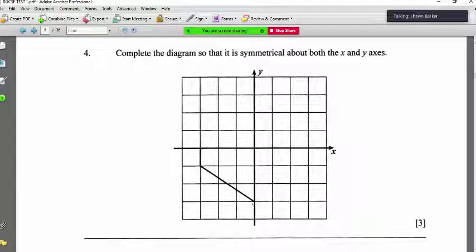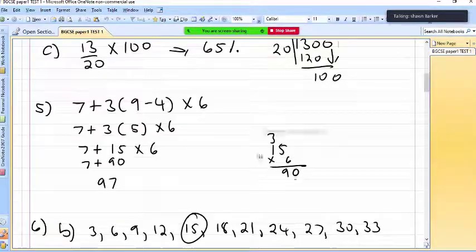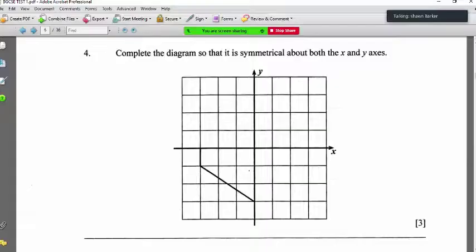Well, how many units away from the origin am I? 1, 2, 3. Let me see, did I do this one? No, I didn't do this one here. I think I was trying to talk about this one. So 1, 2, 3 units from the origin. And I'm reflecting this over the x-axis here, so I'm going over this direction, not the y, just reflecting it over the x. So 1, 2, 3.